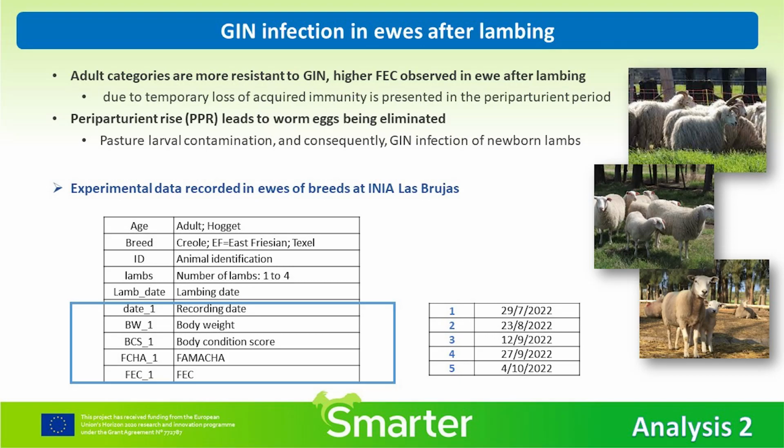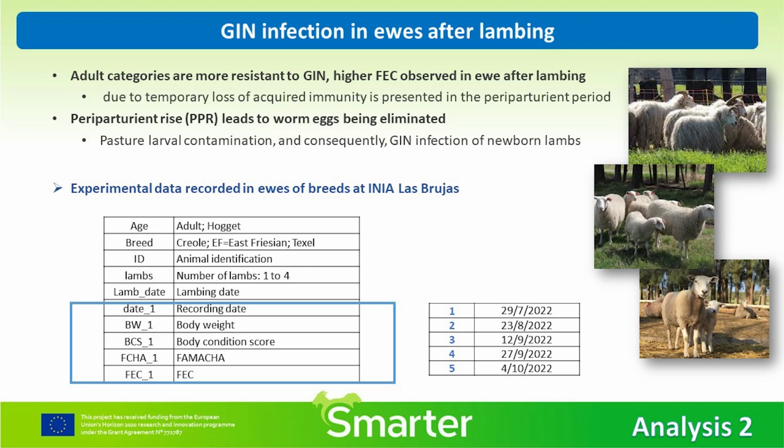In this case, the experimental data was collected at the experimental station where we are located, INIA-Las Brujas. It's a comparison of 3 breeds: the first one is Creole sheep, then Frisian and Texel. So in this case, rather than the lamb, the information is about the ewe. You have the age of the ewe, whether it's adult or hogget, the breed, the identification, the number of lambs born, lambing date,